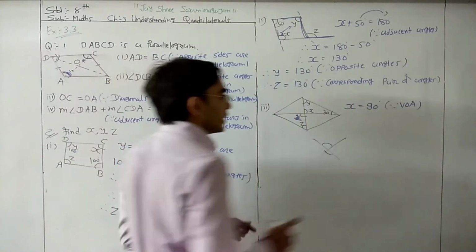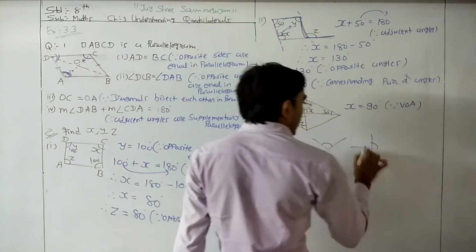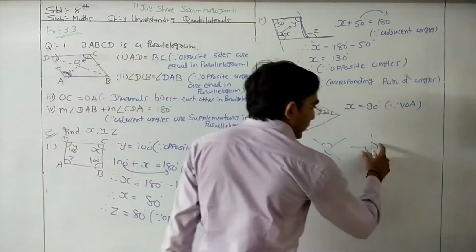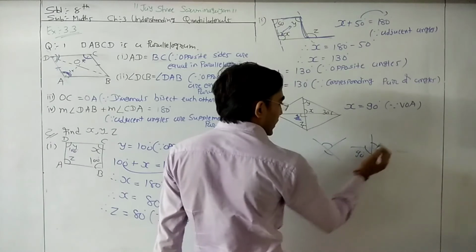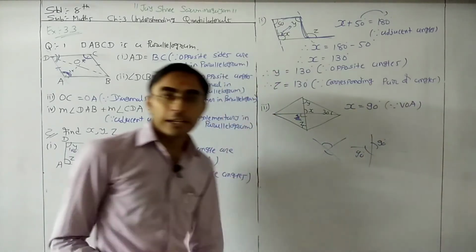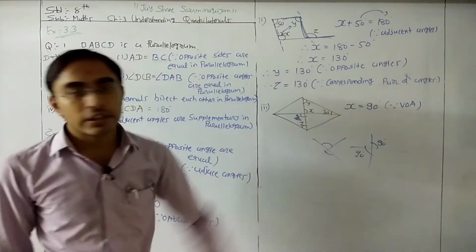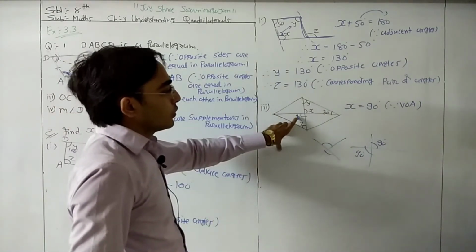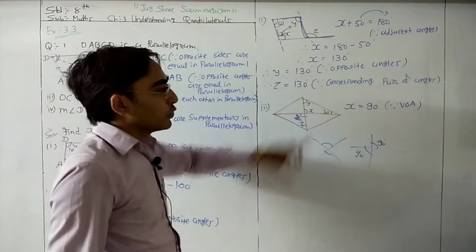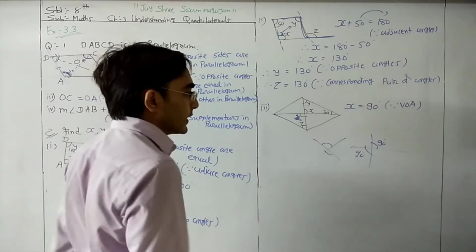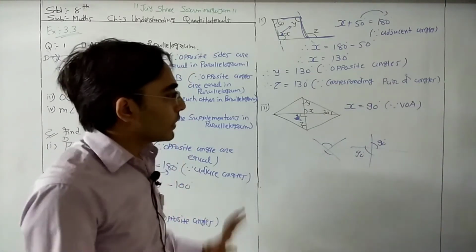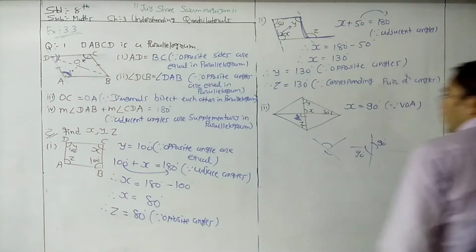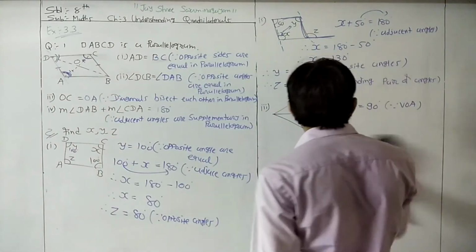In the same way, here we have this type of vertical angles, vertically opposite angles. So opposite angles are the same. This angle is 90 degrees, so this is also 90 degrees. That's why our x is 90 degrees. Here 90 degrees is given to you, so from that you can directly say that your x is also 90 degrees, by vertically opposite angles. So first of all, we can directly find the value of x.